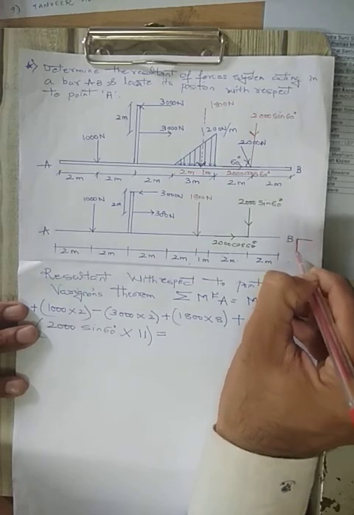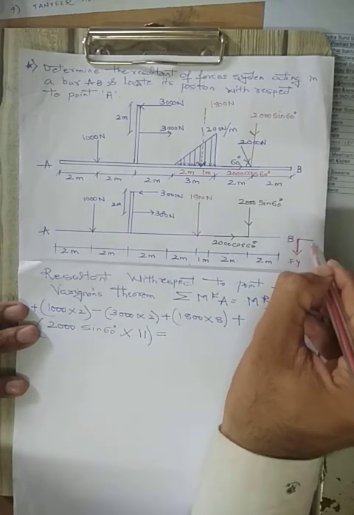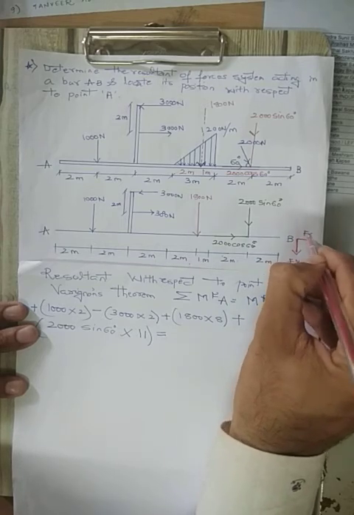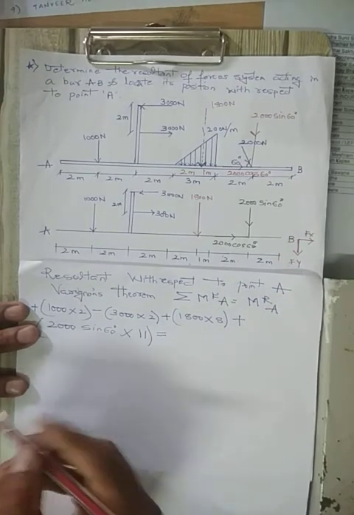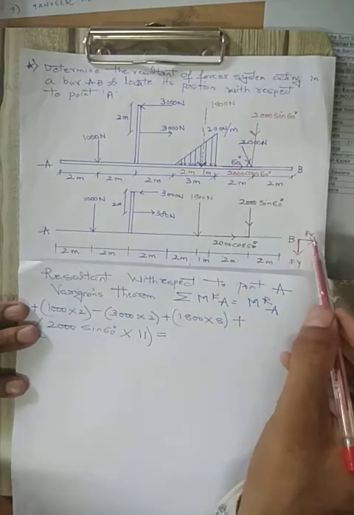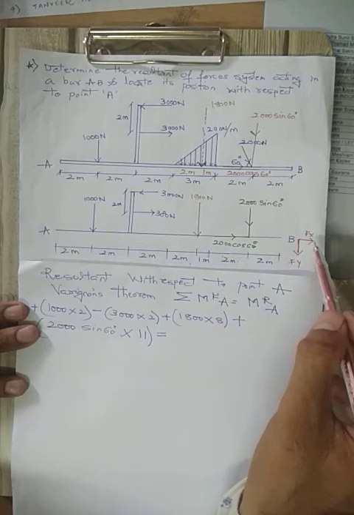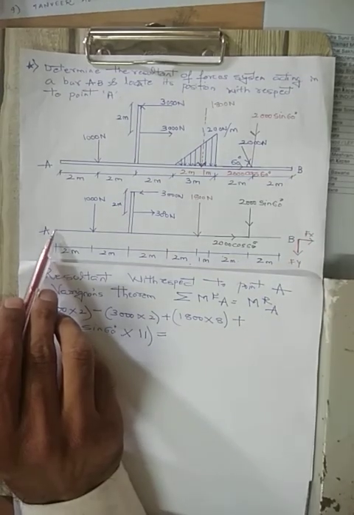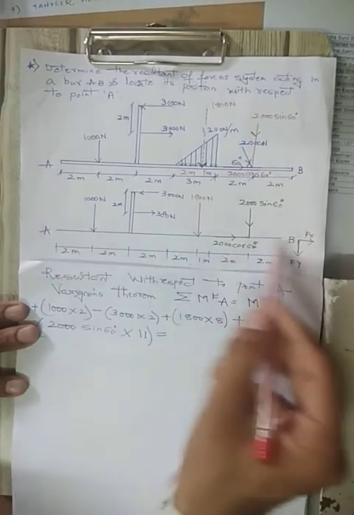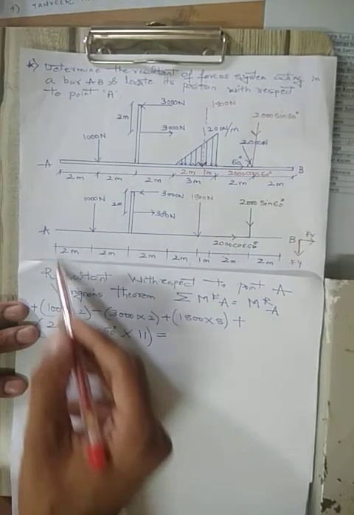This is the resultant. It is having y component and it is having x component. As it is acting in fourth quadrant, we have to rotate this x and y component about A. If we resolve the resultant, it will have x and y components. We have to rotate the resultant's x and y components about A. Again x will be nullified, because it is along the same line of action. Y, yes, y will be rotated.